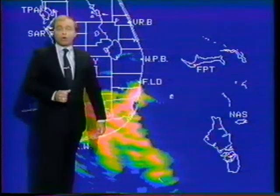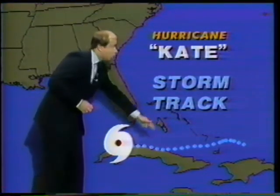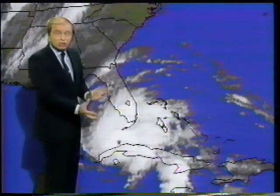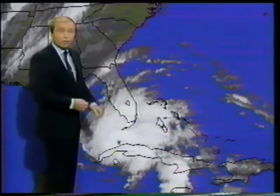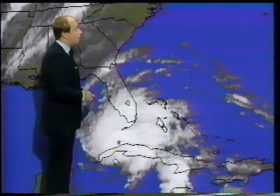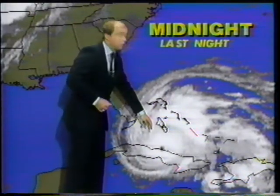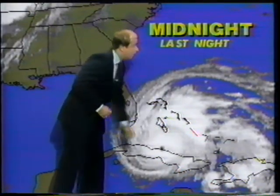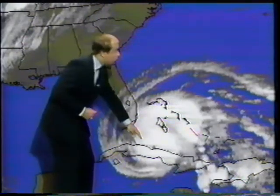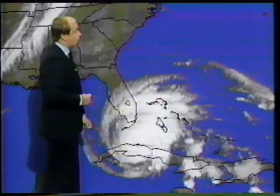Looking now at the weather elsewhere across the country, first of all, we're going to again take a look at this storm track, and notice as the storm moves over the open waters. That is good for maintaining the strength of the hurricane. It is not good for residents, of course, along the Gulf Coast, as they're going to have to start to wonder about the storm very shortly. We're going to take a look at the satellite photograph, from midnight last night until this morning. You can see as the eye of the storm literally begins to roll along the coast, and you can see it just kind of moves along to the north and then finally goes inland just about there and then emerges off the northern end of